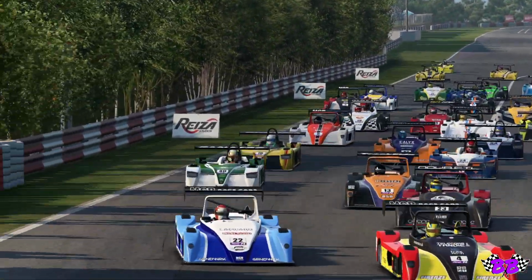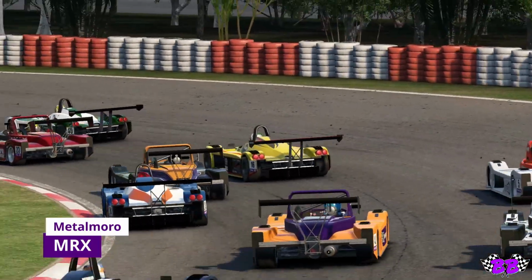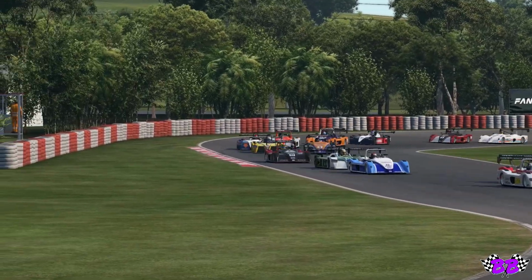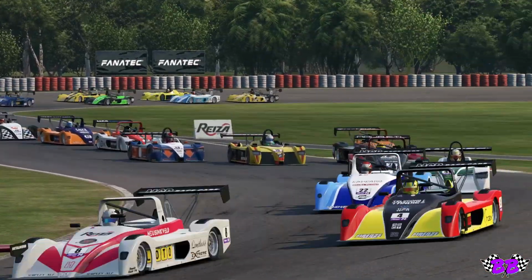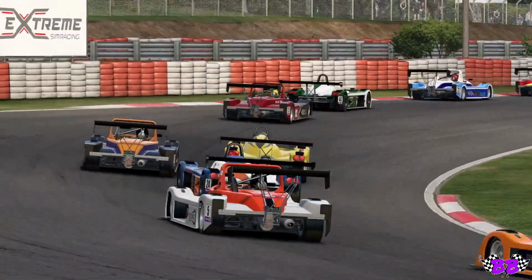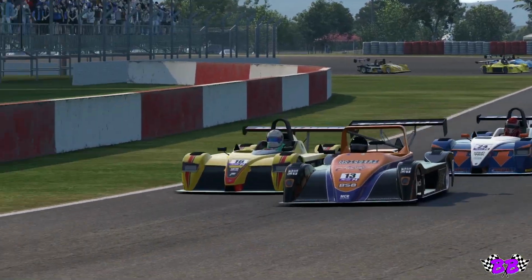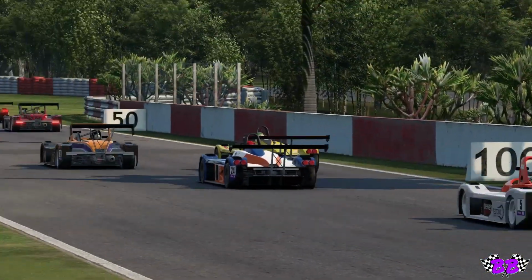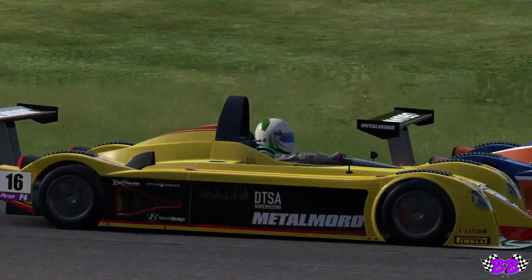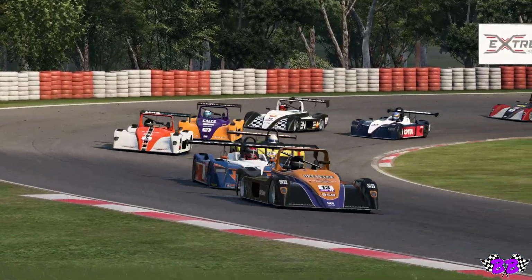Joining us on track at Guaporé is the Metalmoro MRX. Metalmoro is a Brazilian company founded in 1982 as a go-kart manufacturer. The company progressed to producing full-fledged cars in 1999 with the launch of their first prototype, the Metalmoro MCR. They followed this up with the release of their second prototype, the Metalmoro MRX, in 2009. The MRX has been very successful in many regional series throughout South America, including the Imperio Endurance Brazil, a Brazilian